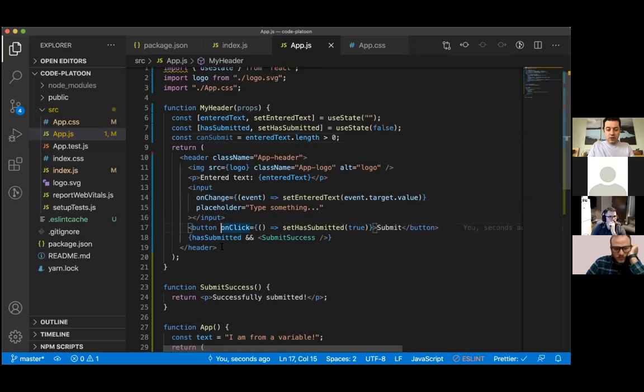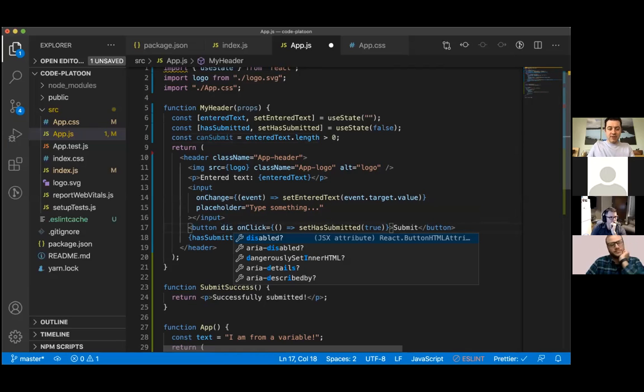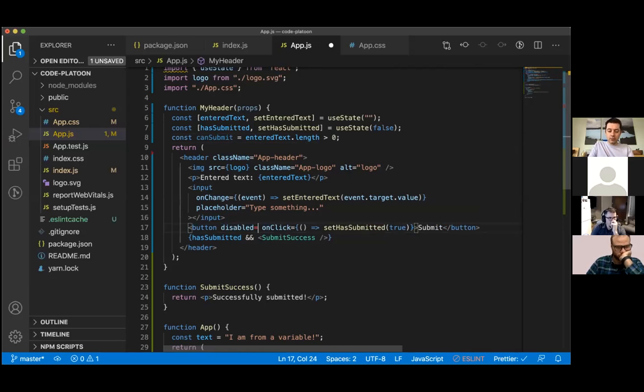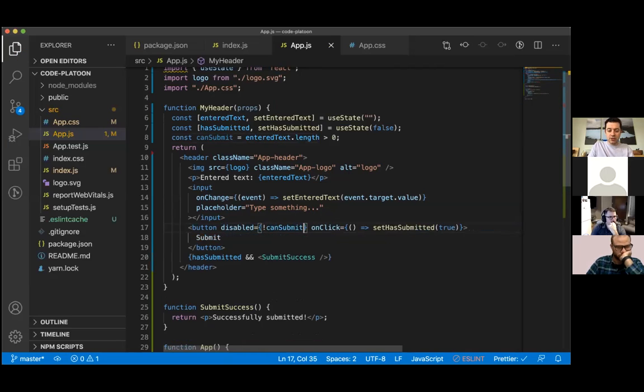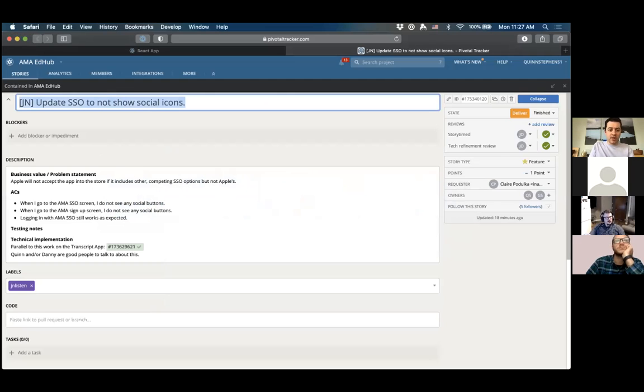And then down here, buttons have a natural disabled state, just built into the HTML. So I'm going to say basically, if canSubmit is false, then I'm going to disable that button. It will not let you do anything. I could be a little bit more explicit if I want. Put some text on the bottom, maybe that says, if you click it, hey, you need to enter more text than that. Let me show my entire screen. But for our purposes right now,